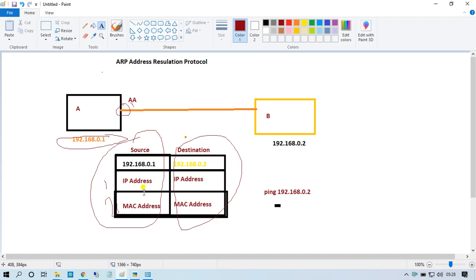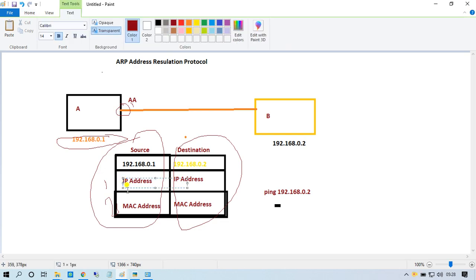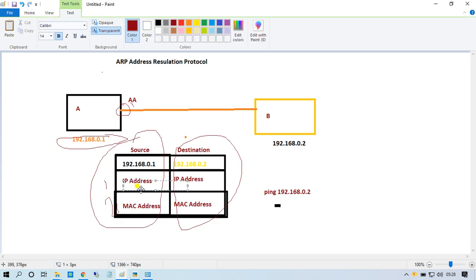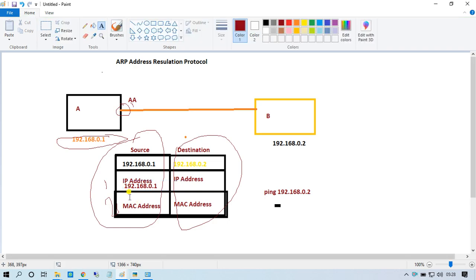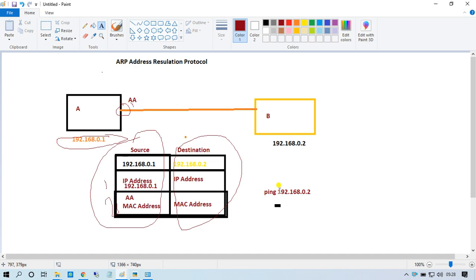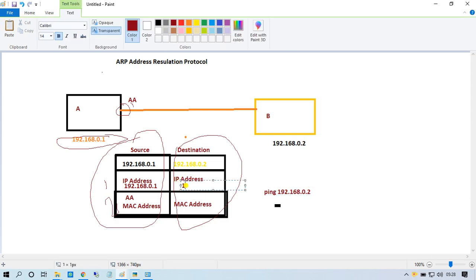What is the IP address? First IP address is 192.168.0.1, and the MAC address here is AA. The destination IP address is 192.168.0.2.